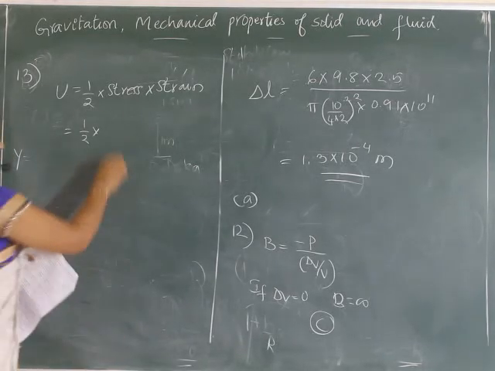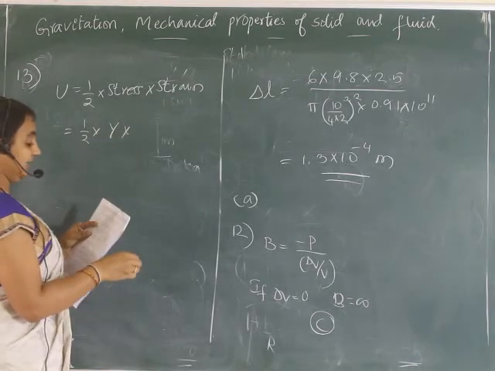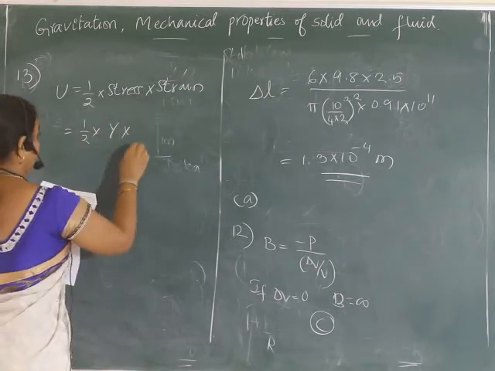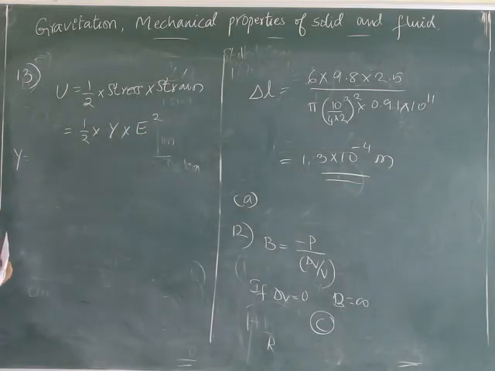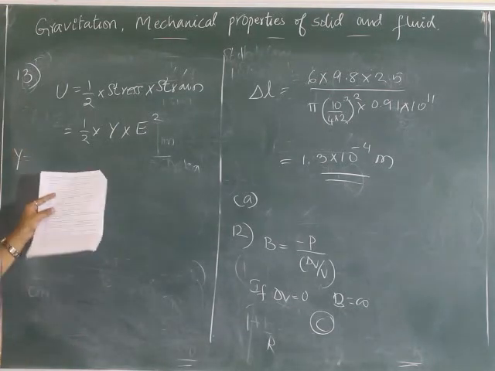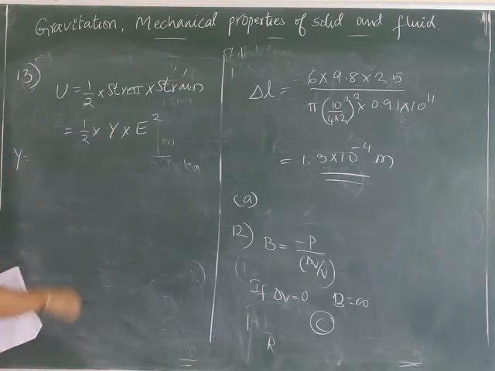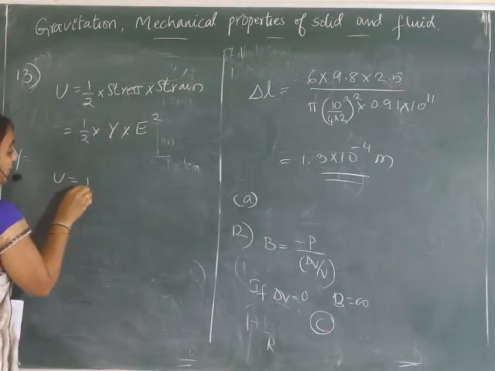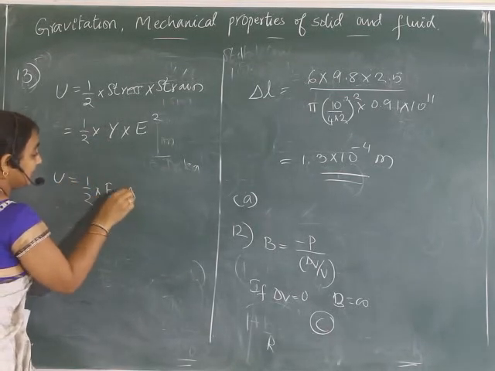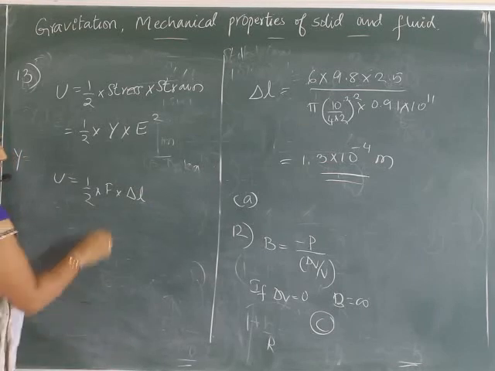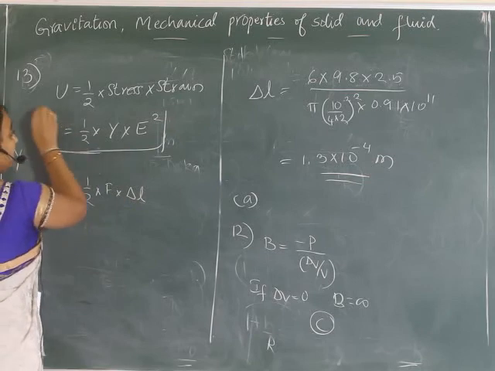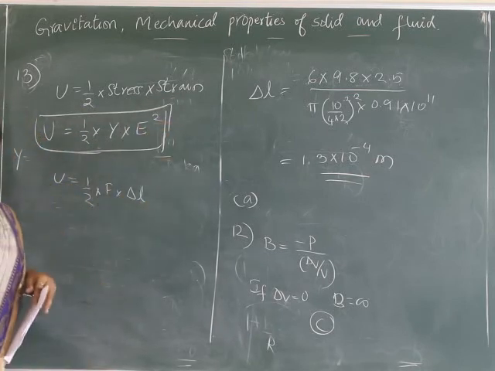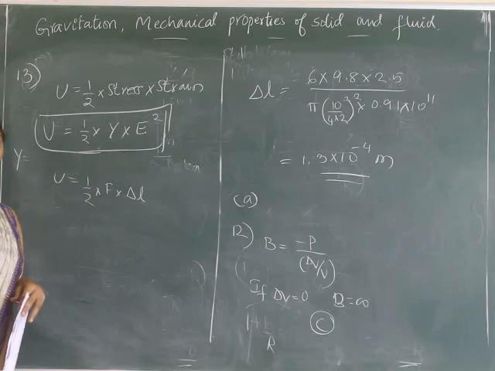So Young's modulus into E square. E is a strain here, not energy. Actually U is equal to half into F into delta L. Correct? So using this formula, we arrive at the formula U is equal to half into Y into E square. Okay? Then